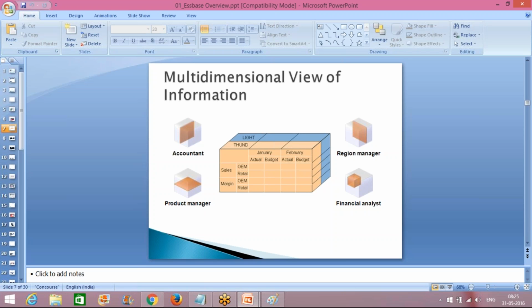What is multi-dimension is nothing but one application. At the same time, based on your requirement, it provides that information. See, the account department, they want only transactions. In a company, we need to analyze the transactions, guys. How many transactions are happening per month? Can I reduce a few transactions? For example, there are a lot of transactions happening, miscellaneous expenses. I wanted to cut down some expenses